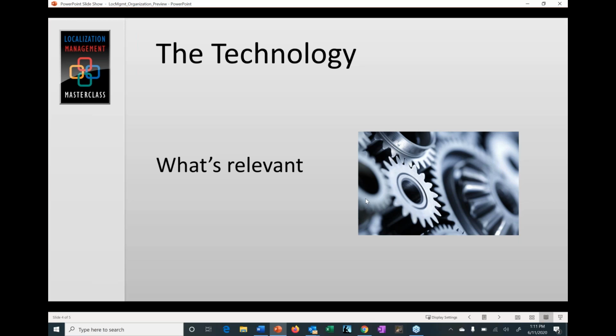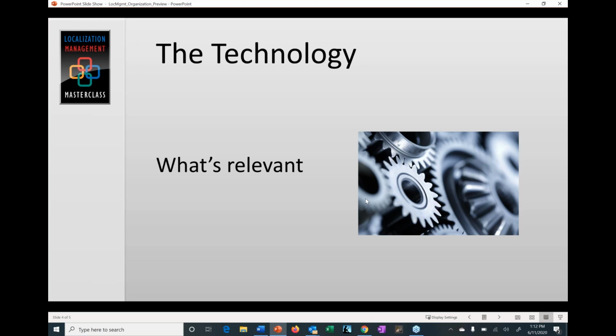Now, obviously, how you do translation depends a lot on the type of content that you're working with. Marketing is going to be somewhat different from technical documentation, for example, or tech support knowledge base articles. But you need, as the manager of localization, to understand those technologies well enough to be able to make a judgment about what you should do, whether you do that in-house or whether your vendors do it on your behalf. So you have to have at least that level of knowledge.